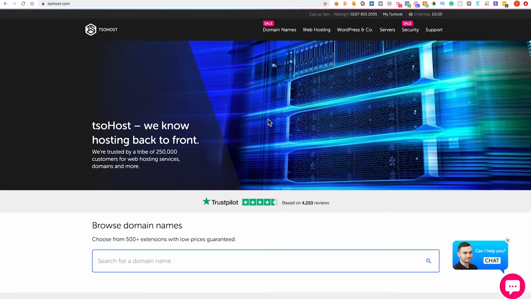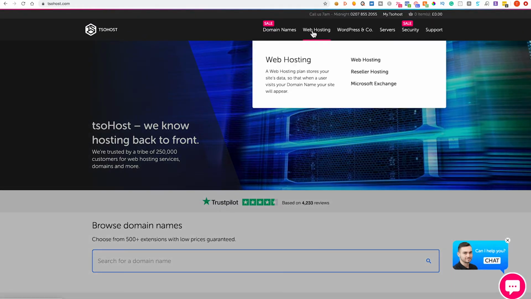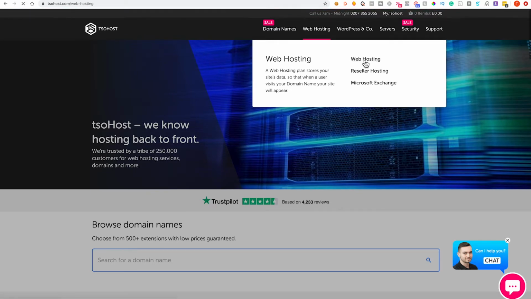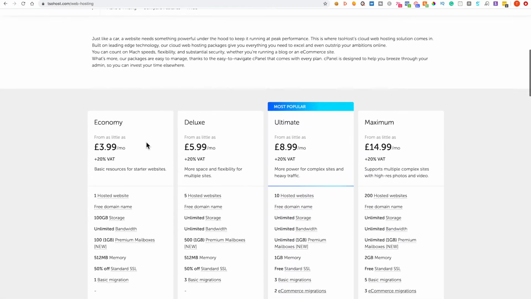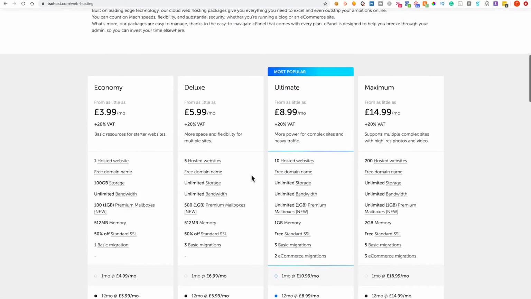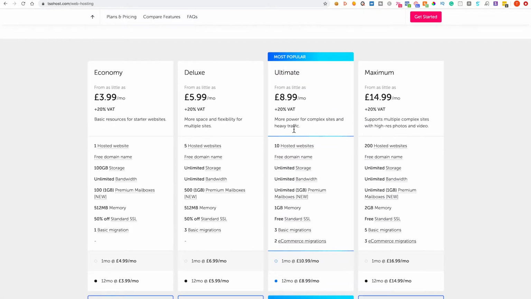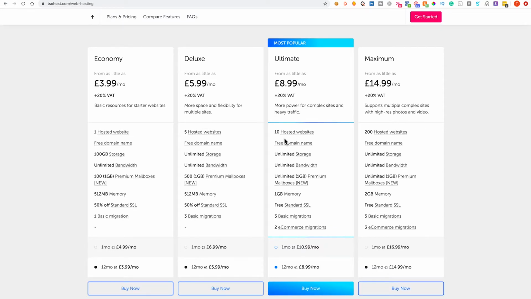Now for website hosting we need to head up to the top and just choose web hosting here, and web hosting from the secondary drop down. Cool, and if we scroll down you'll see the options that are available. Now the most popular one is pretty good value for money. If you have multiple websites that you're looking to host, then you can have up to 10, comes with a free SSL, unlimited storage,